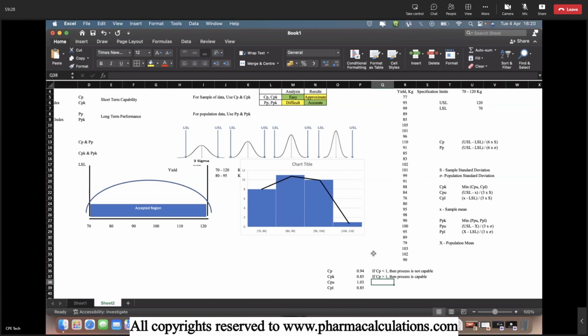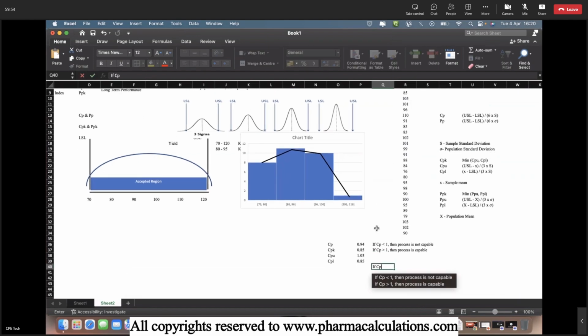If all or the majority of the data points are within the specification limits, then we should think about centering. Here there are multiple rejections, so there is no need to interpret the Cpk value. However, if you want to interpret the Cpk value, let's say